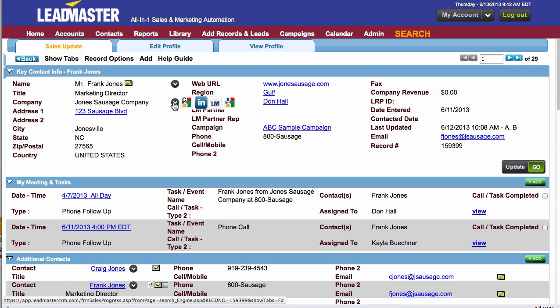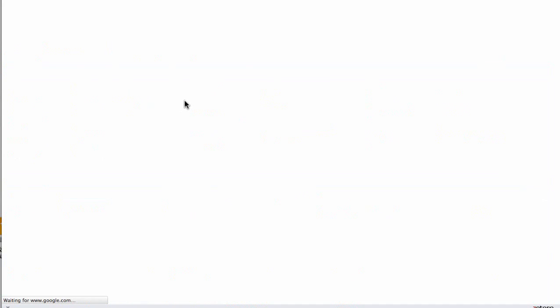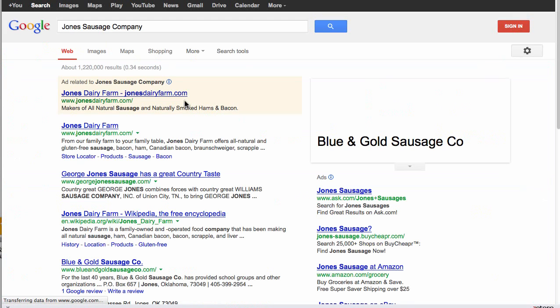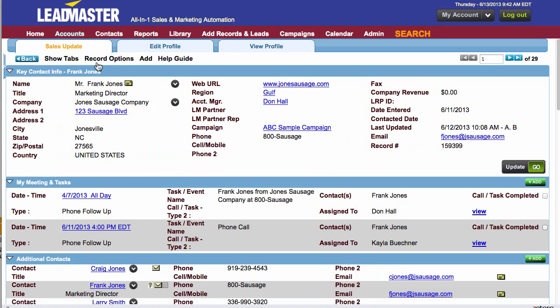If you mouse over these tabs, they provide you with web links. You can customize these from the administration menu. They provide connections to web pages that are useful for this contact or the company, such as the LinkedIn page, Google search page. I'm going to click on this one, which is the Google search of the company. Web links are highly customizable and they interact with other online systems, so you can receive information quickly. So now that we're back to the sales update page,